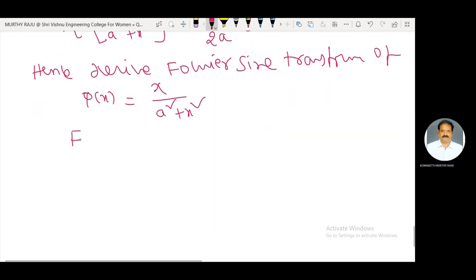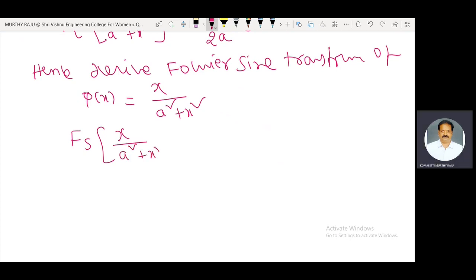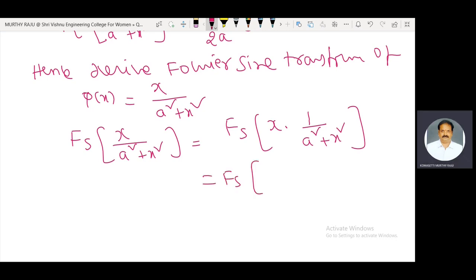Fourier sine transform of x by a square plus x square is equal to the Fourier sine transform of x into 1 by a square plus x square, which is x into f of x. We know some formula,